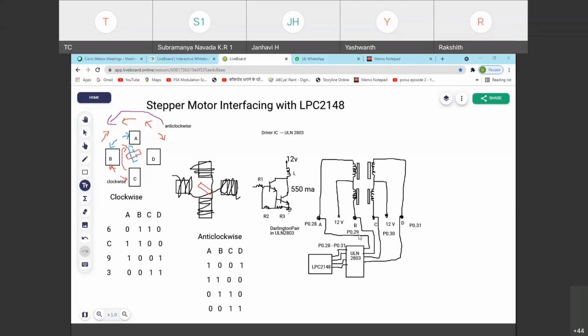That is sufficient to put the value 1 on these particular points A, B, C, D, which I named. A is connected to the first coil, B to the second coil, C to the third, D to the fourth. You can observe that a 12 volt supply is given to the stepper motor externally, connected in between. That is sufficient energy to energize these coils. Once 1 is applied, actually 0 is coming out, the potential difference exists, and the current flows. That is the meaning of the Darlington, as I explained.